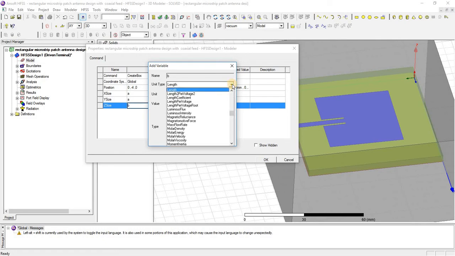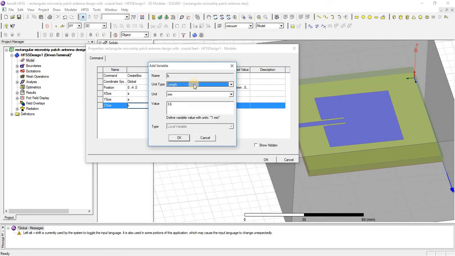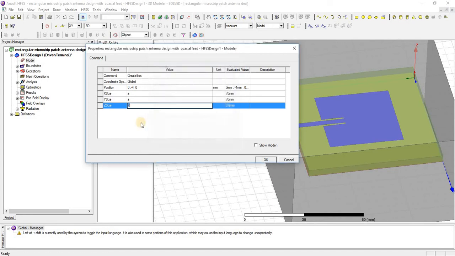From here you have to select the type, which is length, then name, unit and value, and press OK. You can see here the value of variable b has been assigned, but for a single variable we cannot define multiple values.